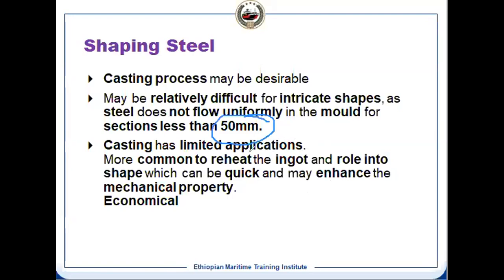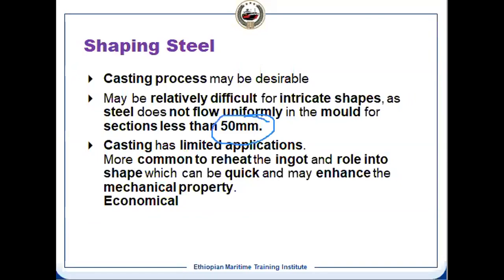What we do is reheat it to red hot, and then pass it through the rollers. If it is hot rolling, it will pass through the roller at a higher temperature. If it is cold rolling, the temperature will also increase, but it will not be high, it will be low, and then the force required will be high. So that also we can give the shape. And giving the shape by casting is economical because you can give complex structure, internal cavities, passages, everything you can make by casting. So that becomes economical.